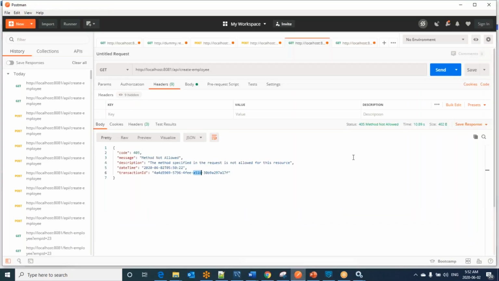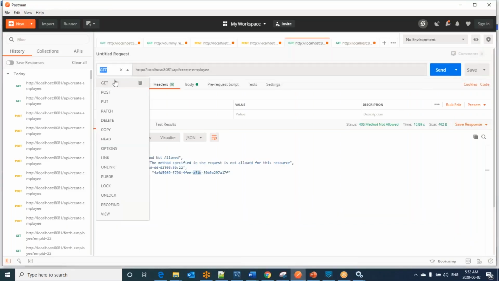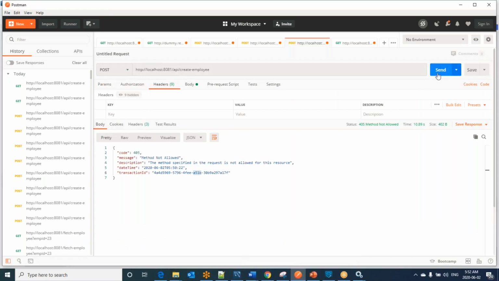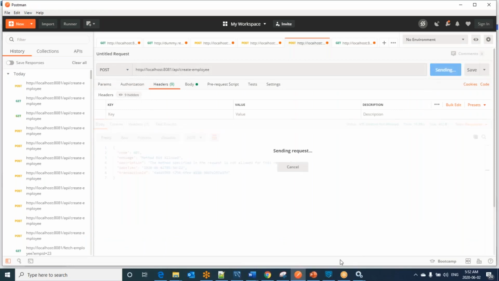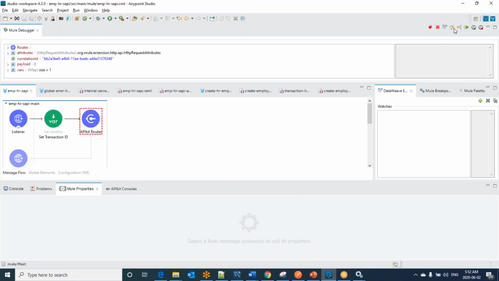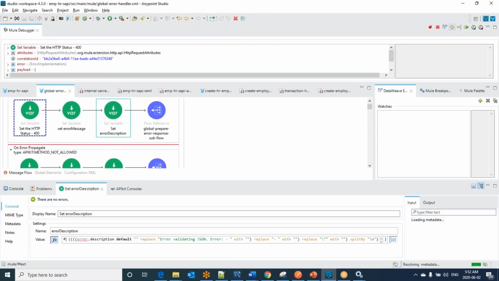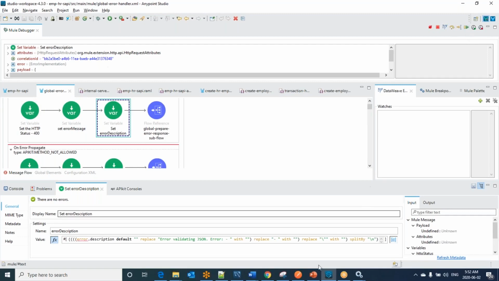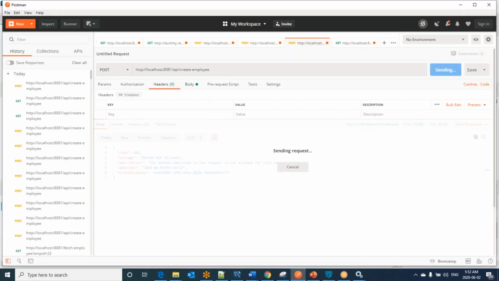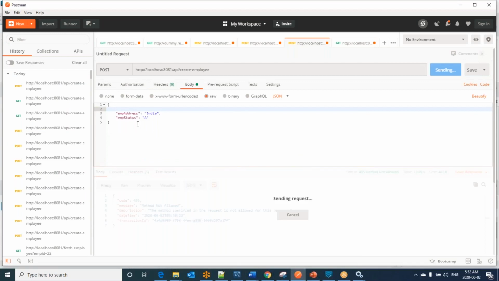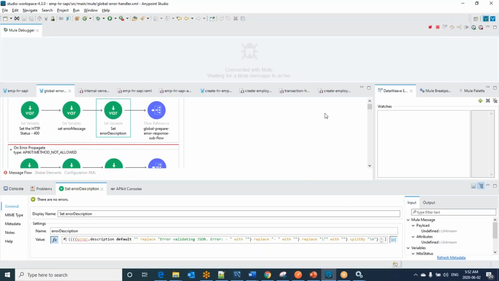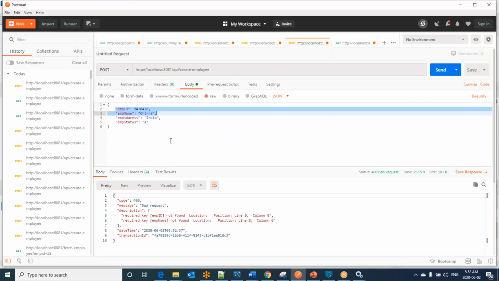Now let's make the request with post. Click on send. Here also I'm not sending the transaction ID. Request came. Next. Next. Oh, really sorry. Did I send the exact payload that was expected? No. That's the reason it went to 400 bad request. But I should send the exact request to show the database is not working. Anyway, let me add it back.